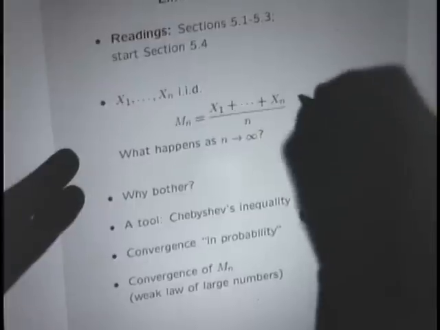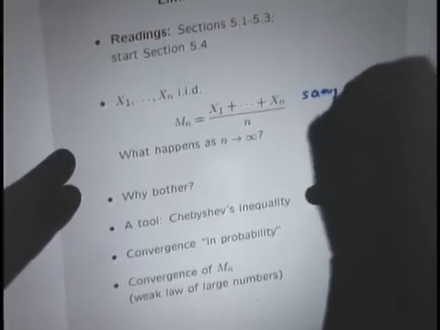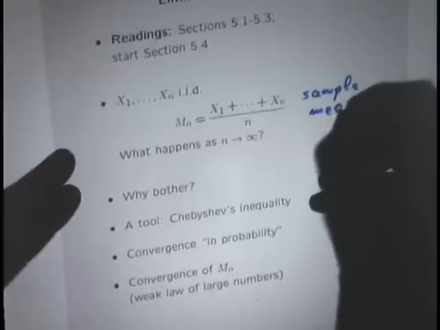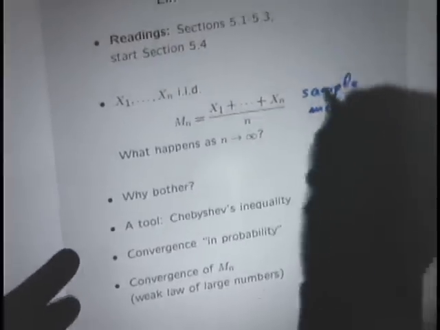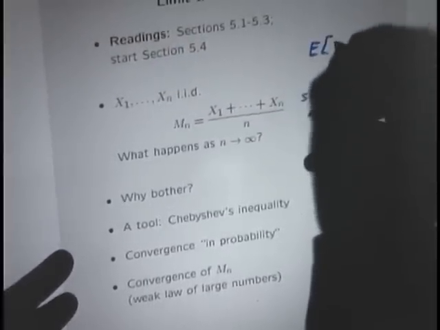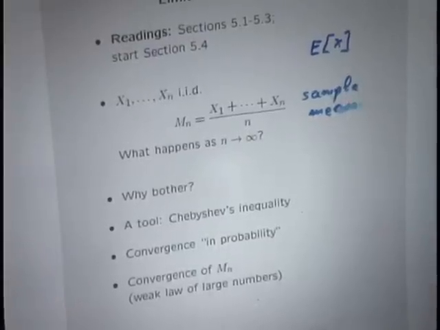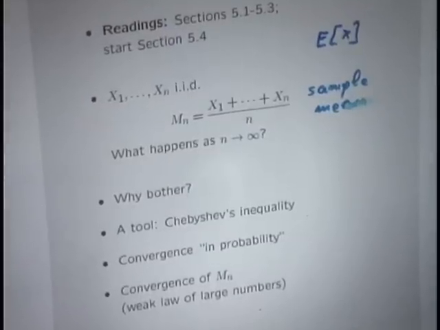Now we call this the sample mean, which is the mean value, but within the sample that you have collected. This is something that feels the same as the expected value, which is, again, the mean, but the expected value is a different kind of mean. The expected value is the mean over the entire population, whereas the sample mean is the average over the smaller sample that you have measured. The expected value is a number. The sample mean is a random variable. It's a random variable because the sample you have collected is random.